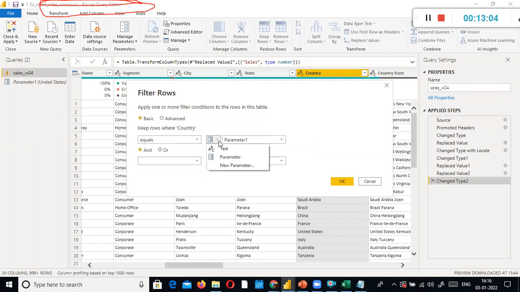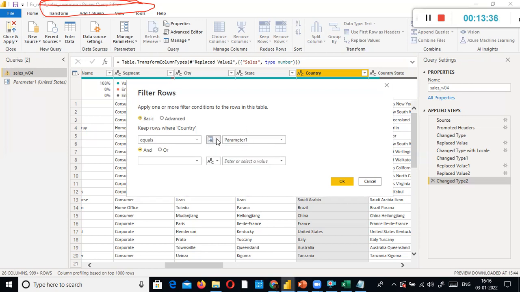So you have three options here. One is text, or parameter. You want to use the parameter; I want to use the text. So I selected the parameter here. Whatever parameter I created is available on the right side. In this case, I have created only one parameter, parameter one. If you select this, you can find the parameter names. So I selected parameter one. Don't get confused with this one and this one.